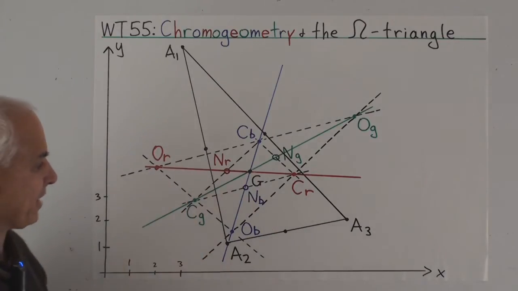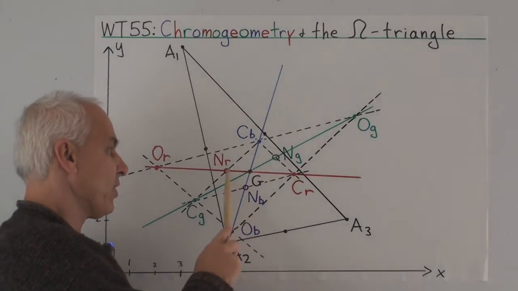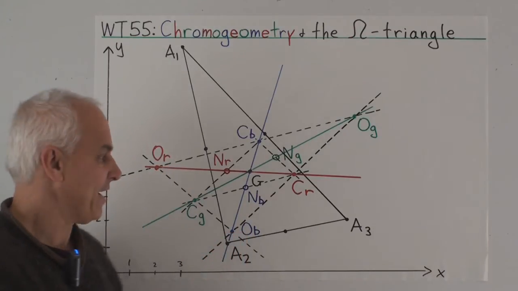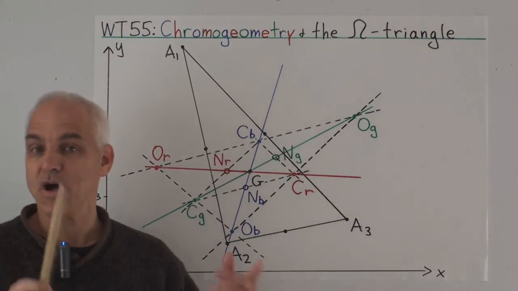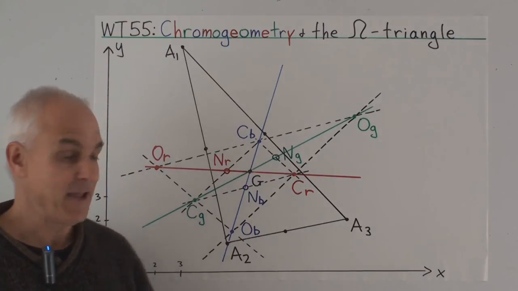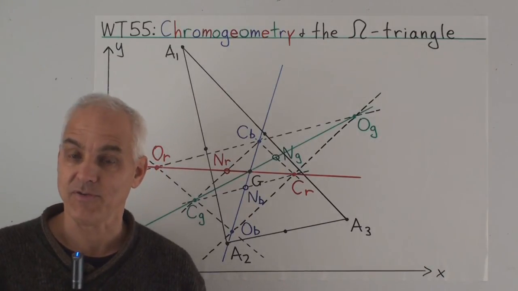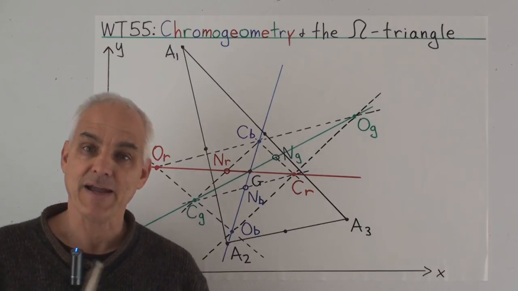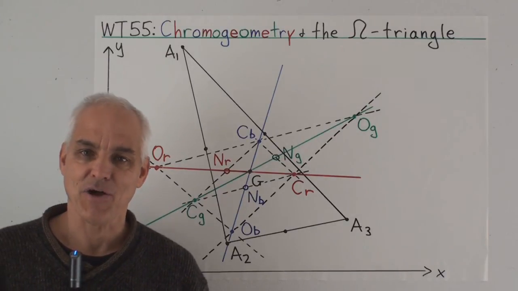So it's well worth thinking about that and pondering it. Next time we're going to have a closer look at the significance of these 3 9-point centers. And we're going to talk about what the corresponding circles look like. It's easy enough for the blue one, just a regular circle, but for the green and the red situations, we're talking about rectangular hyperbolas. And they have also very pleasant properties, exactly in parallel with the properties of the 9-point circle that we've talked about earlier in this series in our triangle geometry videos. So please have a look at those to remind you, and next time we'll talk about the 9-point circles with respect to chromogeometry. I hope you'll join me for that.